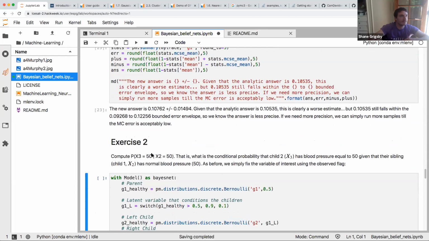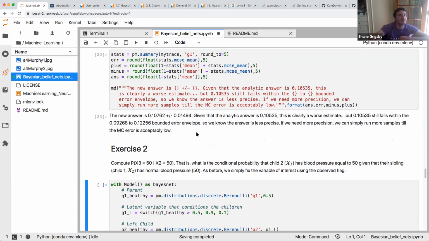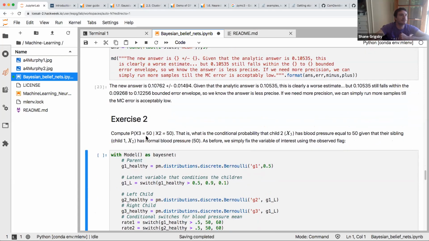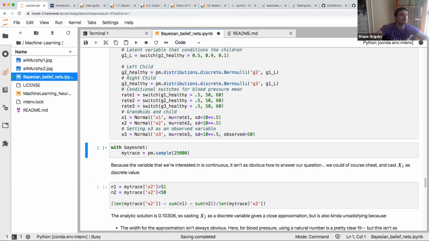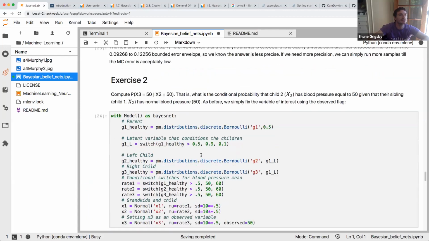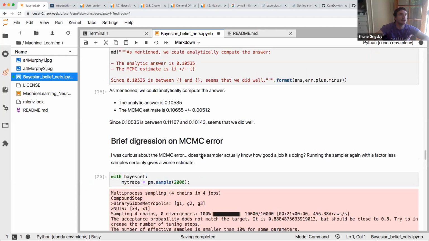So the second question I had put, this first one was asking the likelihood of the latent variable, which is a binary value, but we can ask other interesting questions. So this is saying, what's the likelihood that px3 equals 50 given px2 equals 50? In English, what's the conditional probability that child 2, x3, has blood pressure equal to 50, given that their sibling has normal blood pressure of 50? And really the reason to do this, I had set this one maybe a little bit higher, is just that earlier we were asking what the likelihood of,